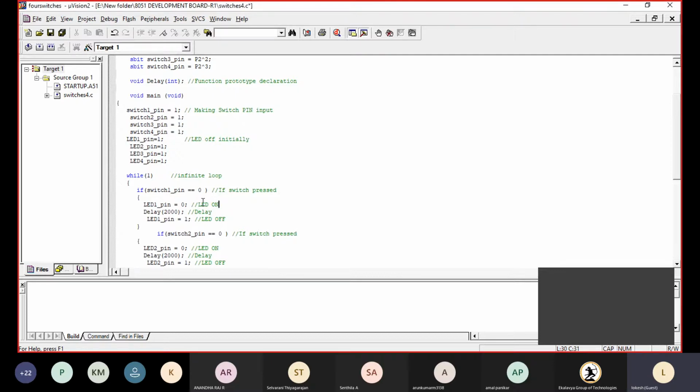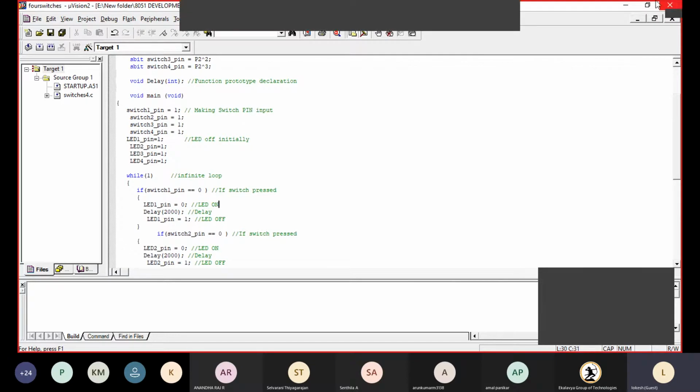So now connect your microcontroller to the USB port. Next, after connecting, go for the rebuild target.